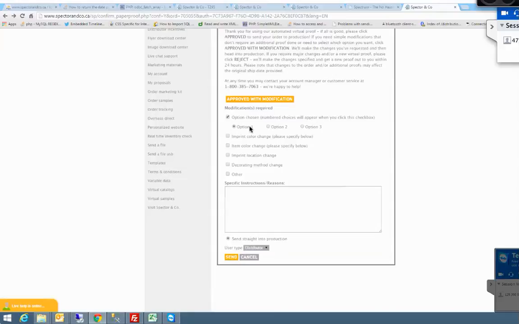So just put it this way, and that's how they name it when they send it, option 1 or option 2, when they send it to the client for approval. So do copy here exactly like this. You don't even need to know if there's 1, 2, or 3 options. The customer will click the correct one as to how many he received. And this user type, right now we don't even need it. So you can remove just that little drop down here. And then you click send to send exactly this